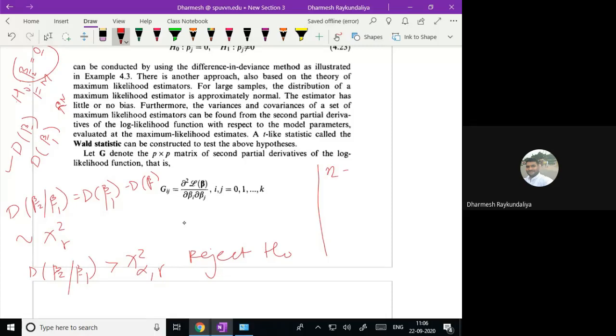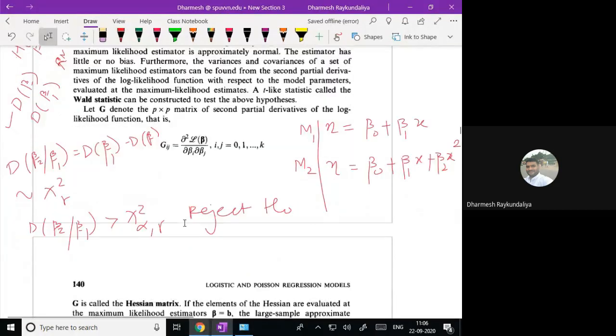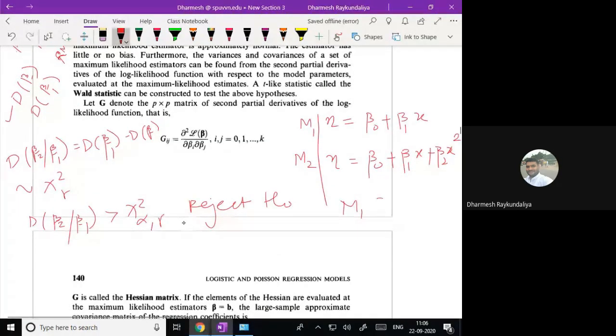First, we consider in model 1 a linear predictor having only two elements, beta 0 plus beta 1 x, and another model, let us say we add the quadratic term of x, called x square. Then for my second model, the linear predictor is beta 0 plus beta 1 x plus beta 2 x square. We know that the first model, M1, is a subset of the second model because M1 is contained in the M2 model.